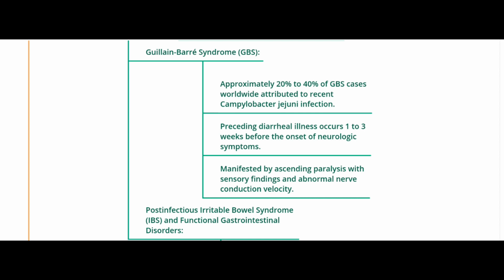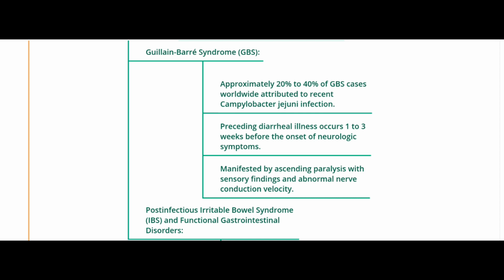It manifests by ascending paralysis. It is contrasted to the descending paralysis of botulism, and the sensory findings will be present and nerve conduction velocity will be decreased. Why is it important to know? Because Guillain-Barré syndrome should not be treated with corticosteroids. It should be treated with plasmapheresis and immunoglobulins. That's why good clinical diagnosis, good epidemiological study and good history taking of the patient might save our patient